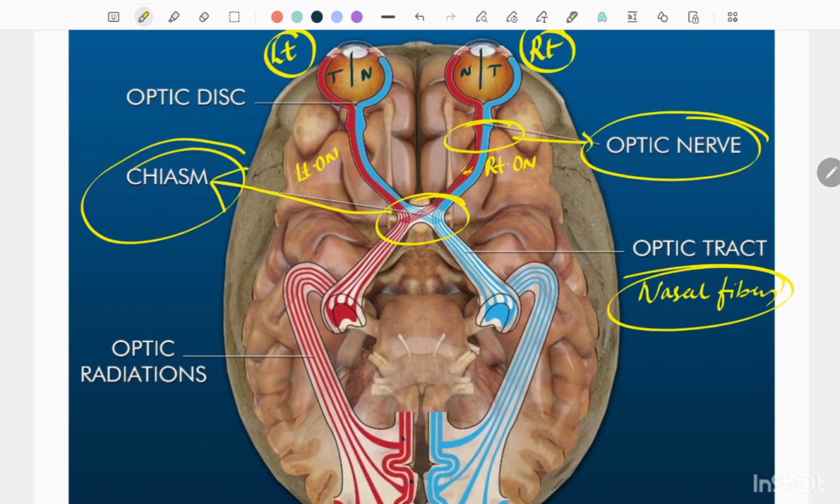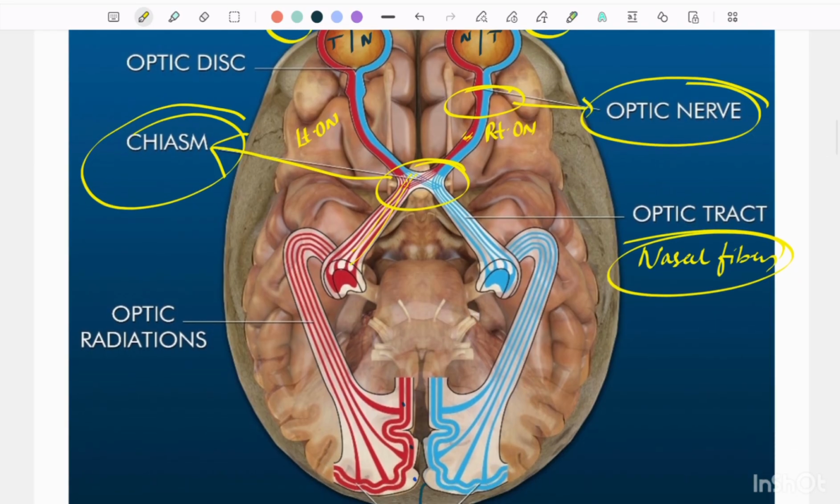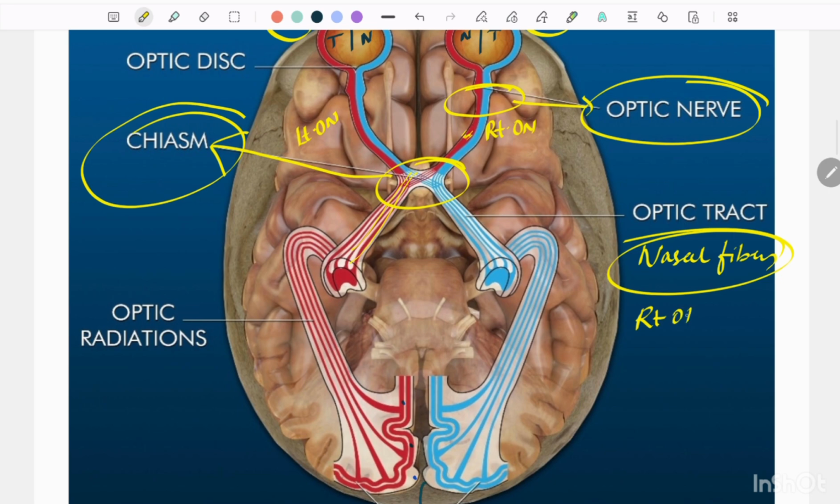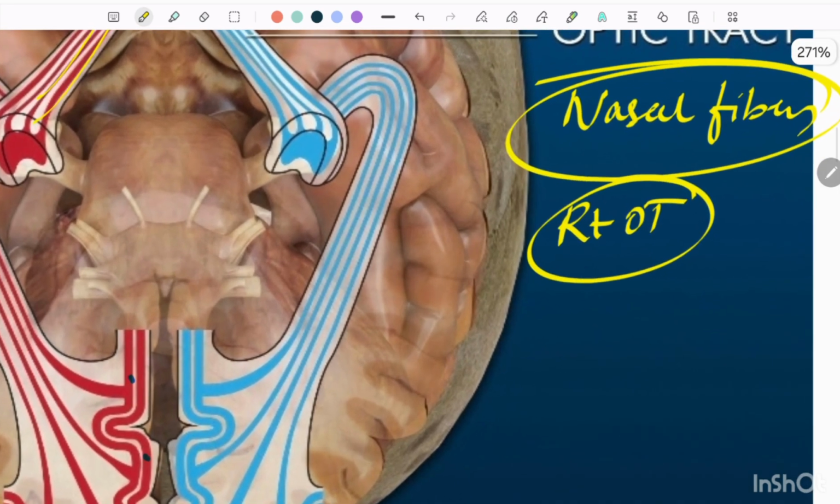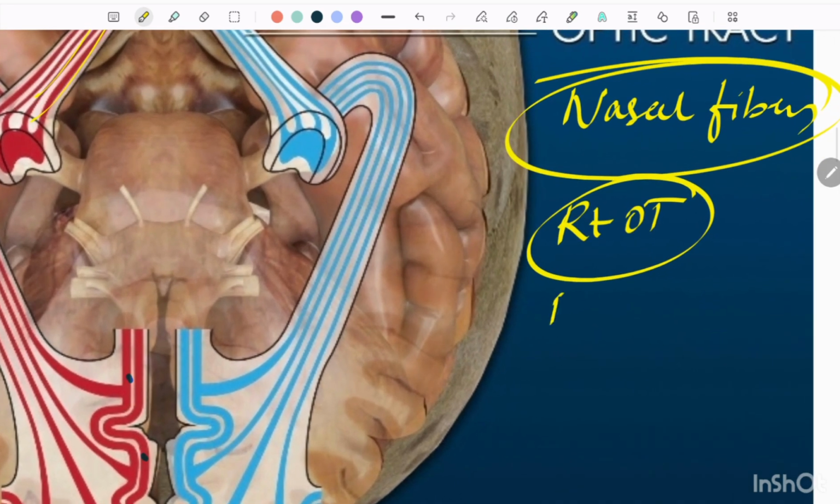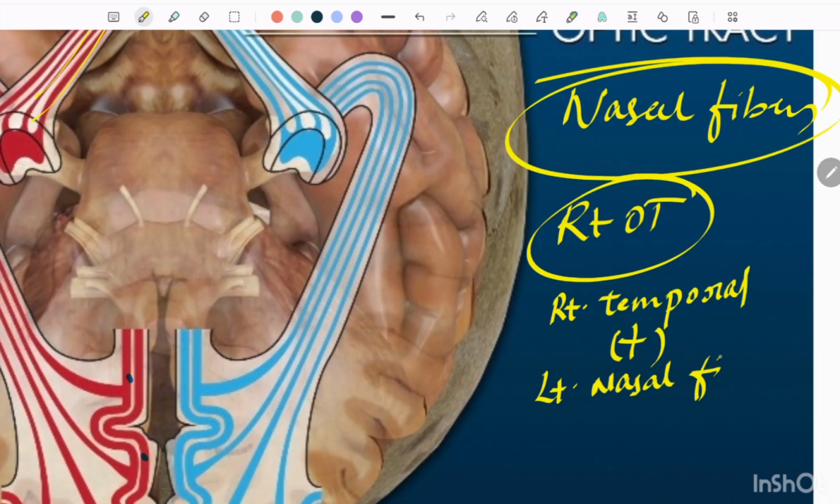Now the structure beyond the optic chiasm is called the optic tract. Now you tell me, what does a right optic tract contain? It will contain right side temporal fibers, because temporal fibers will not cross, plus it will contain left side nasal fibers. Are you getting the point? Why have left-sided nasal fibers come? Because